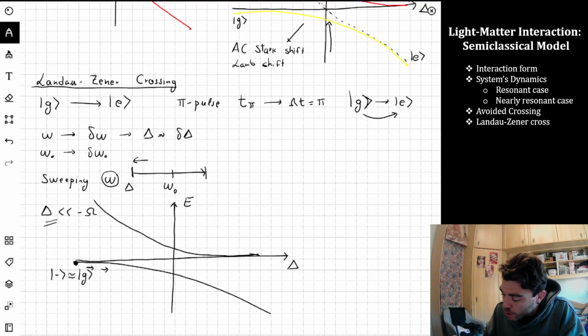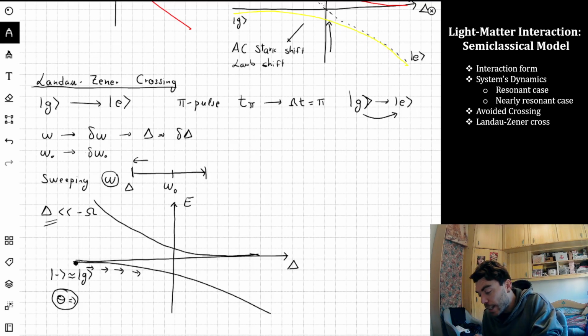As you go in this direction, the state of the atom will start mixing, right? But if you do it slowly enough, you do what is called an adiabatic passage, and the state will follow the state of the line. So what you are doing is you are following this curve here. You are mixing and mixing the state, in the sense that you are changing the angle theta. You are increasing the angle, the Stückelberg angle that we said before. So you are mixing more and more the excited and the ground state,